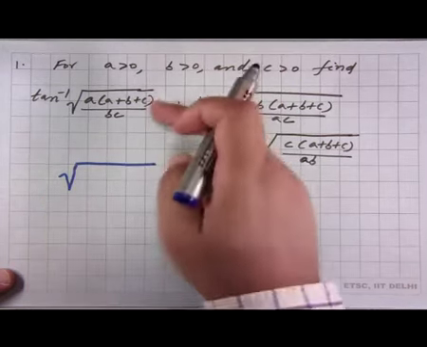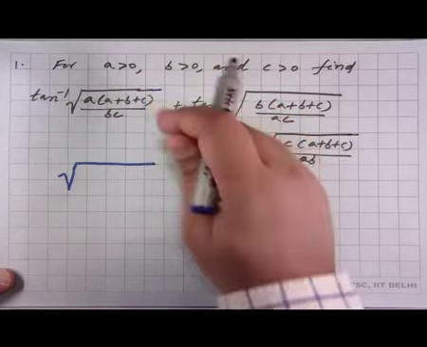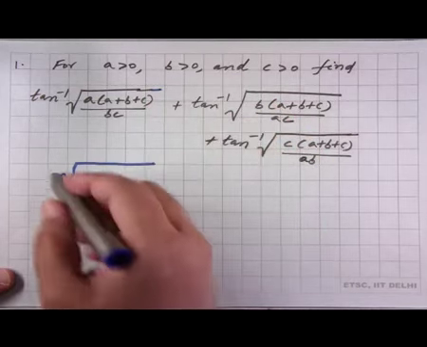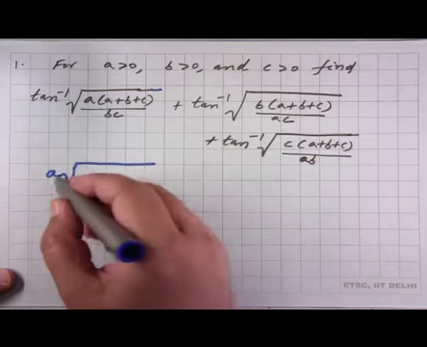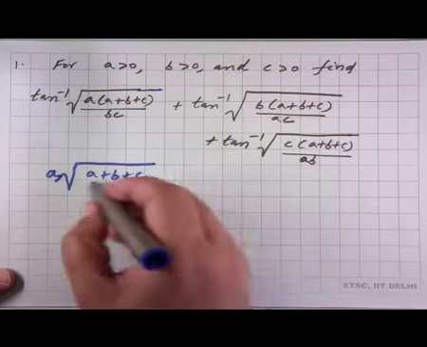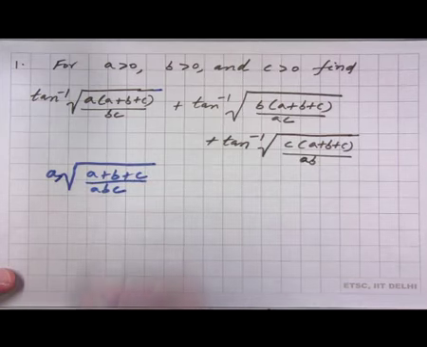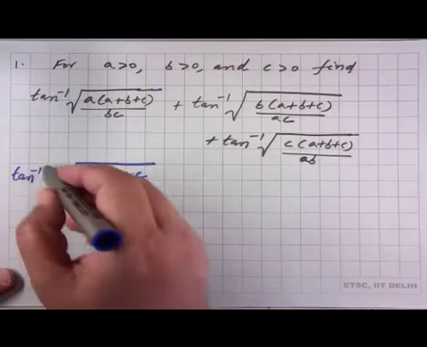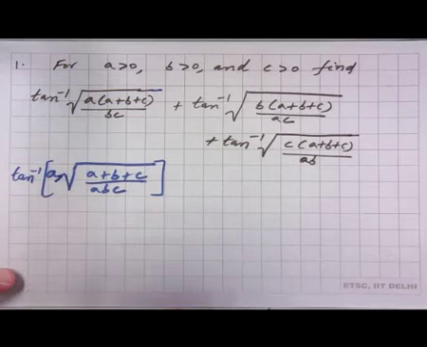If you multiply both the numerator and the denominator inside the square root with a, a is going to come out, and we are going to get a into square root of a plus b plus c over abc. So, the first term is this quantity plus